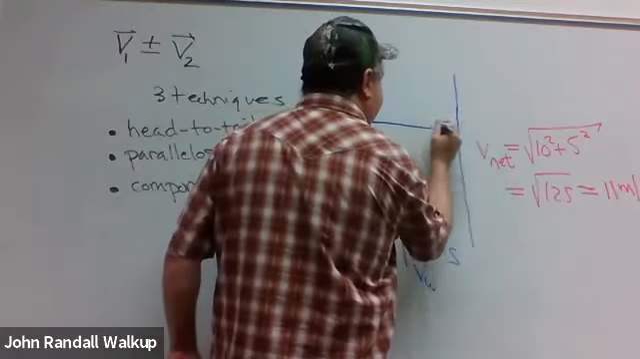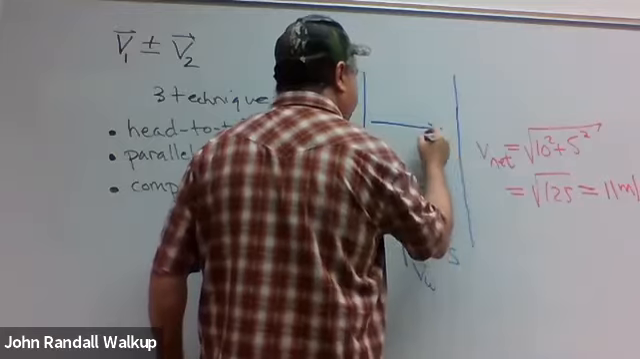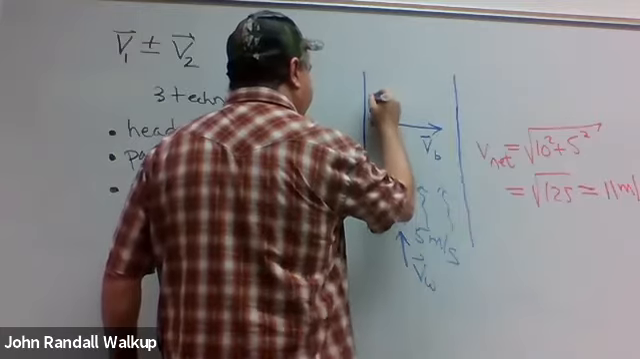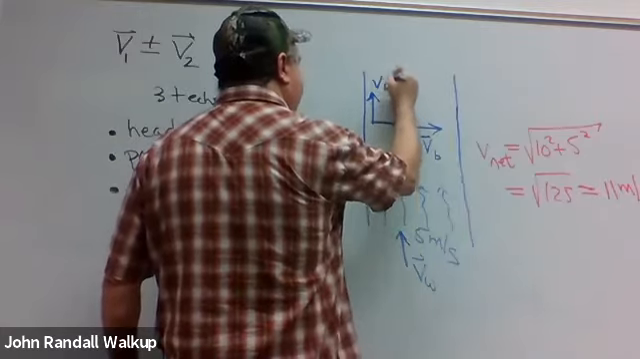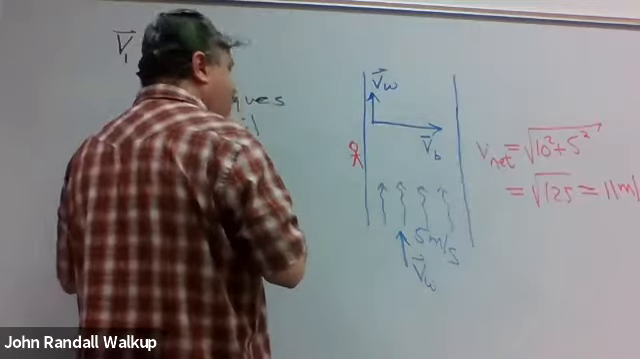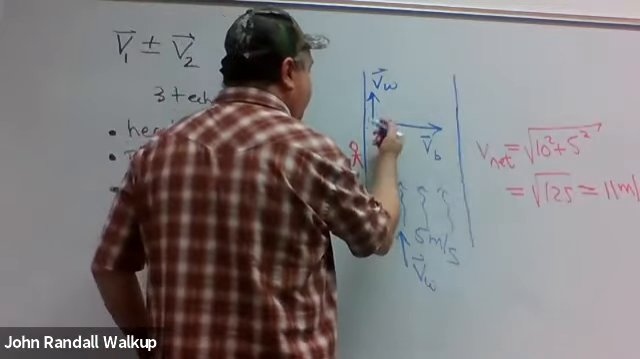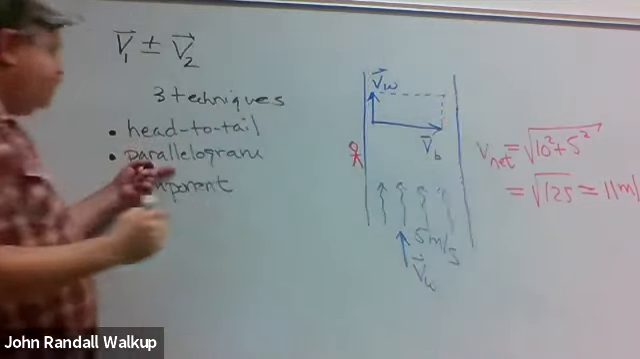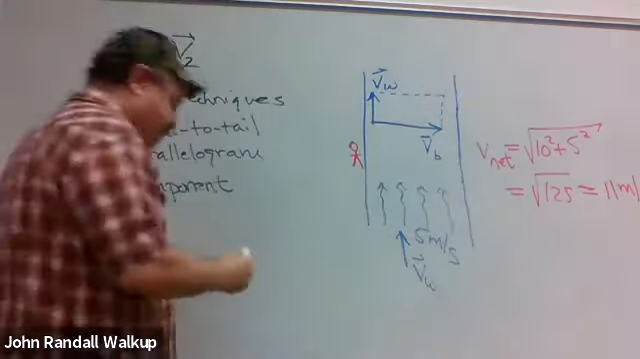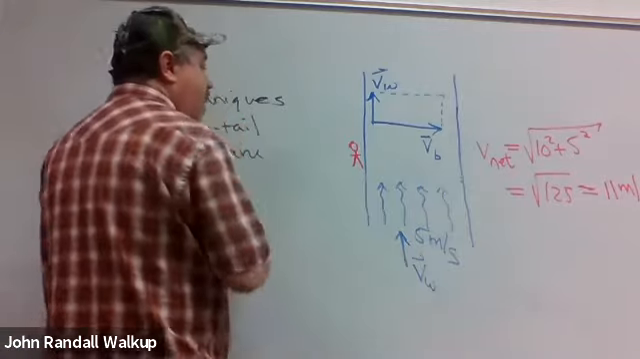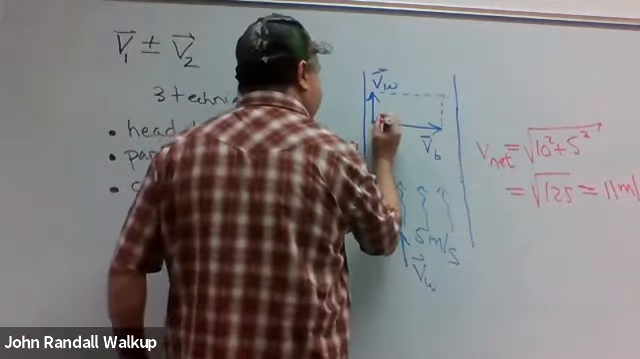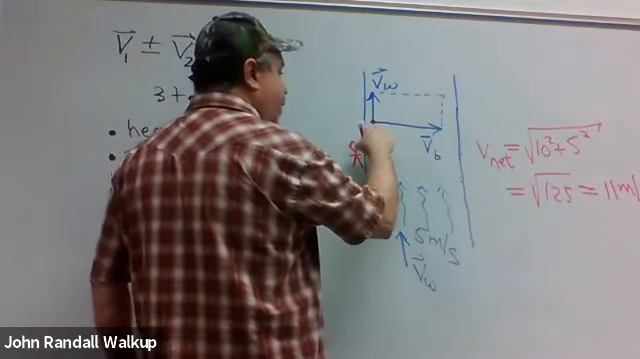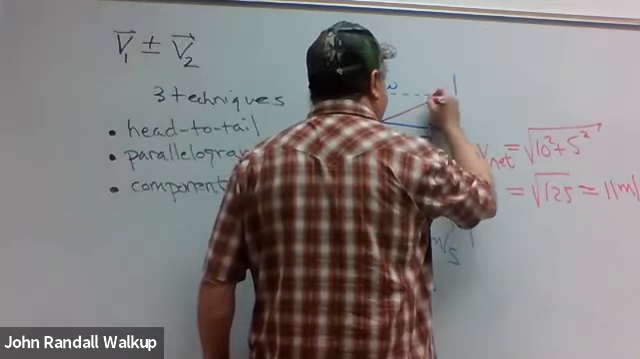I have my velocity of the boat. Well, what I could have done was taken this 5 and placed it here. Velocity of the water. The net velocity, when I add these two, is found by forming a parallelogram. Hence the term parallelogram. The net velocity is found by going from the corner where the tails meet up to the far corners